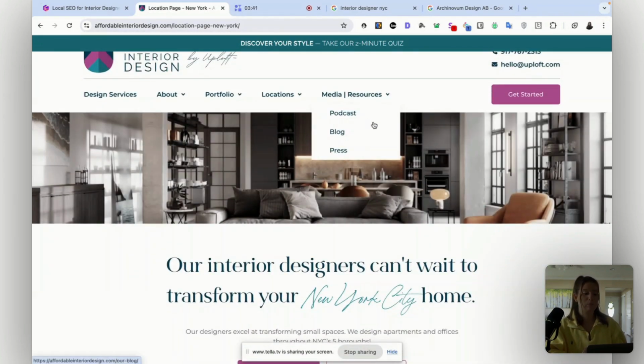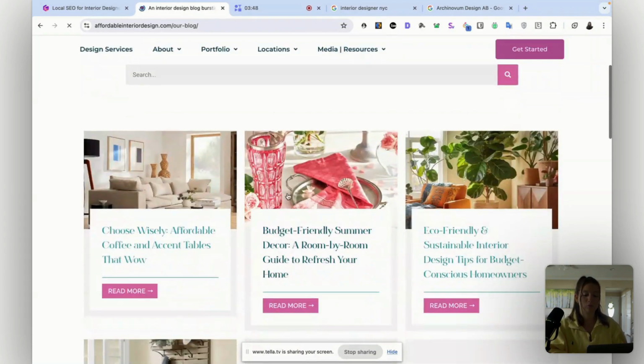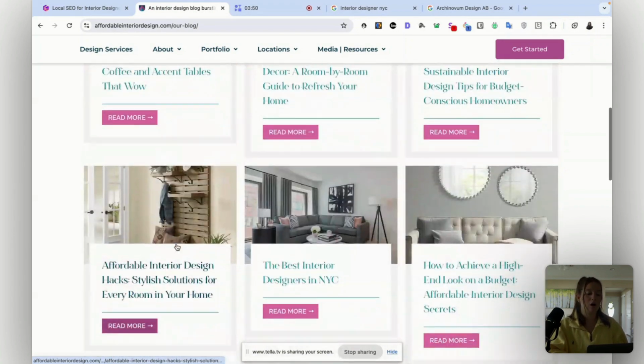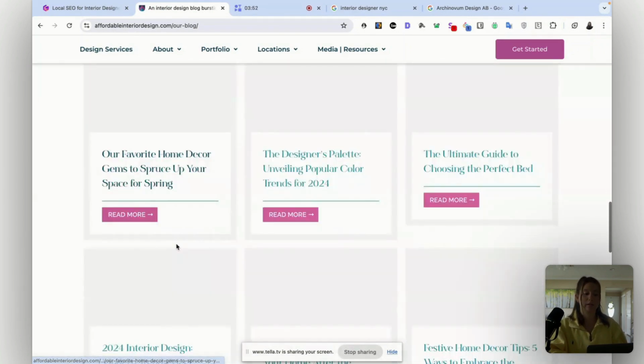And the next thing is, the more credibility, the better. If you can put press, podcasts, and the blog, which is going to be one of the most important things. You want to make sure you're having a blog on the website and posting content there, if not